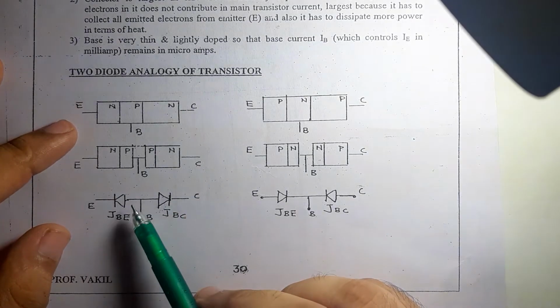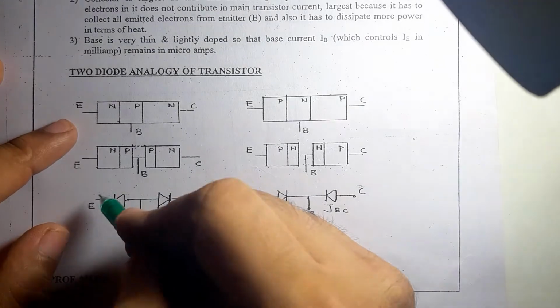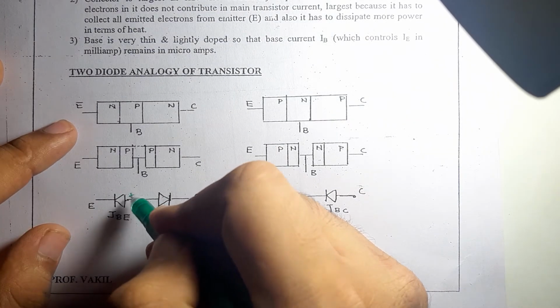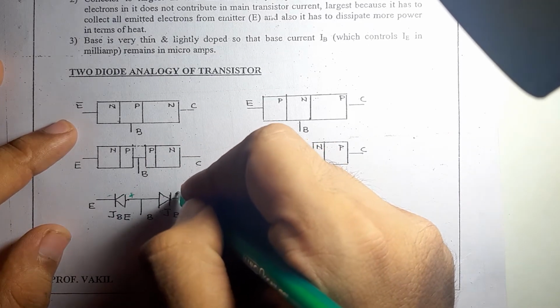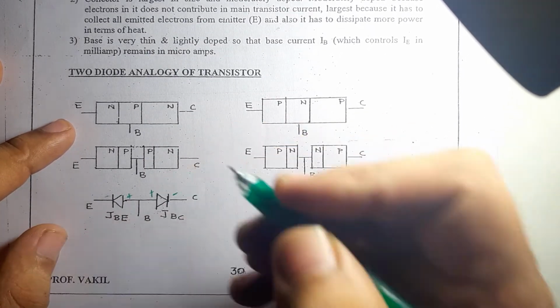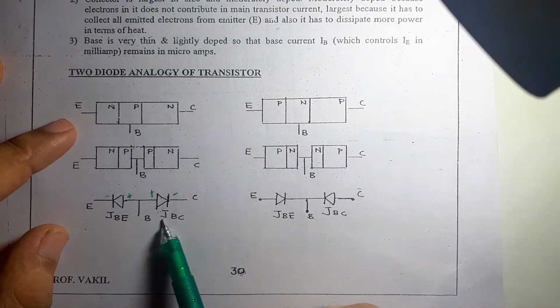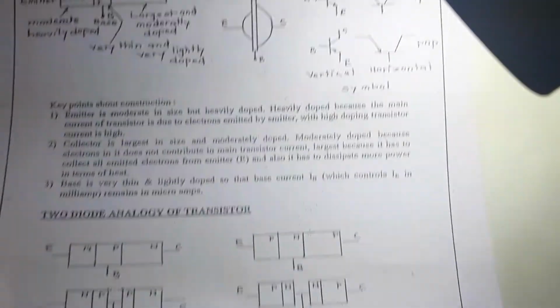Now, there are various configurations which are to be applied. This is, of course, the minus sign, the cathode sign. This is the anode sign over here. I'll just mark it with minus and plus. But of course, here also you have a minus sign, and here you have a plus sign. Now, depending upon what configuration these junctions are, you use your transistor in various configurations. For example, in amplifier or as a reverse switch. Now, what are those? Let's see.